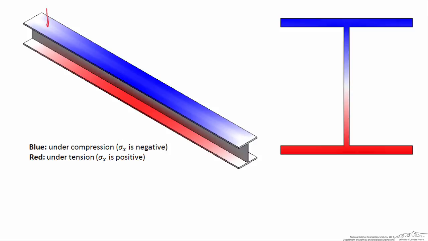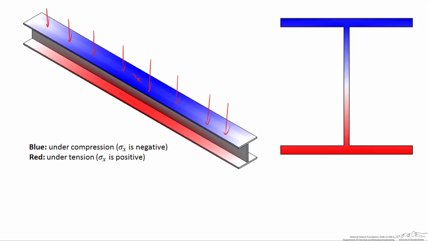For example, here's a simulation that I ran for a beam that supports a downward load across its flange, and the two sides are both pinned. So it's a simply supported beam with a downward force. And what we observe is the top of the beam is under compression. The material at the top of the beam is trying to be squeezed together, and the material at the bottom of the beam is being pulled apart as that beam is being separated. So the bottom of it is under tension.